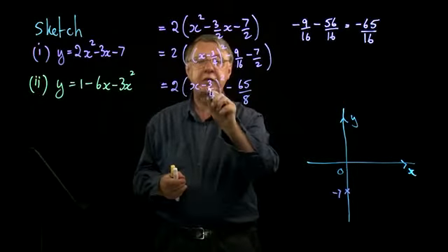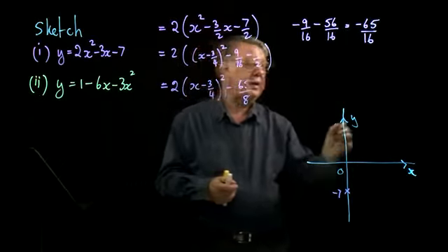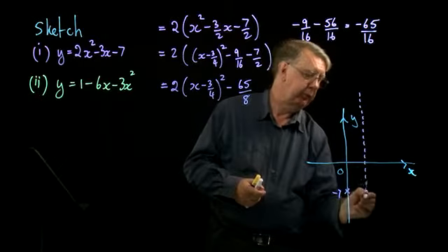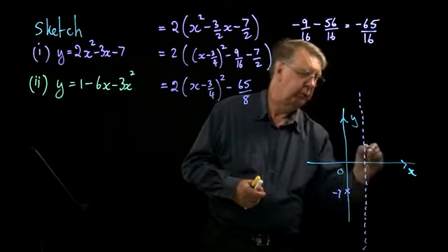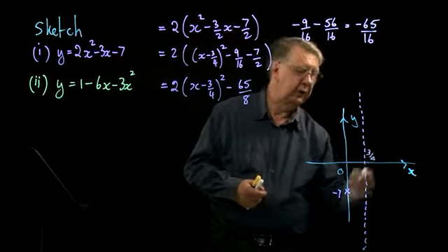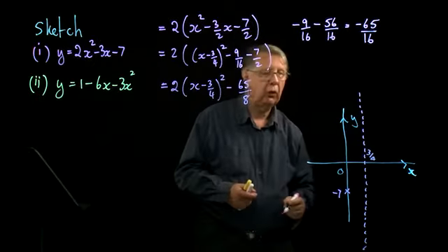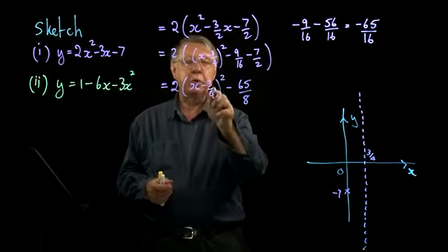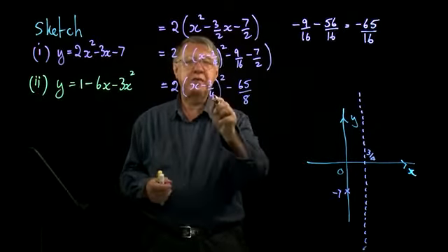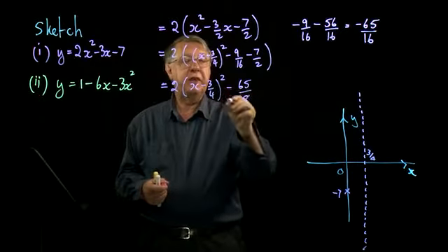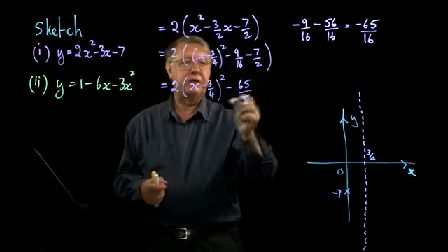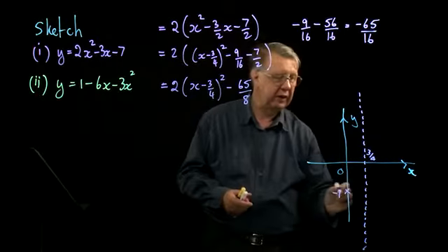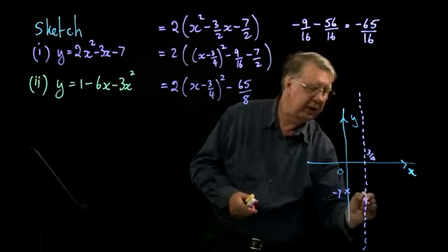So if x is 3/4, we have the line of symmetry. Mark that on there. If x equals 3/4, the whole of this is 0, and we have the lowest point of minus 65 over 8, which is just a little bit more than 8. So we end up with the lowest point